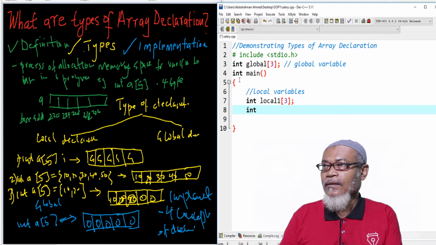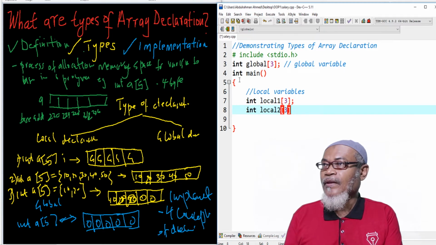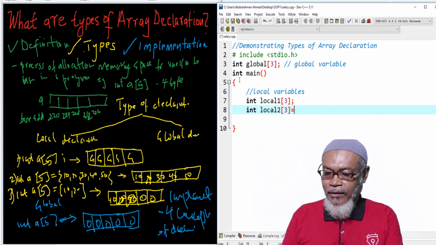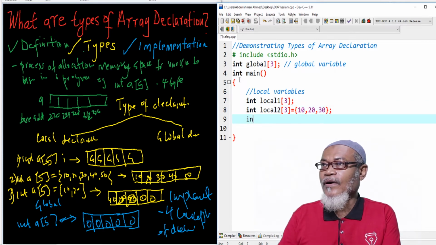int local 2, and in that particular local 2 we'll give it the same size. However, we are going to initialize all our values inside here, and maybe we'll have 10, 20 and 30. So we'll have all the 3 values initialized, and then we'll have our